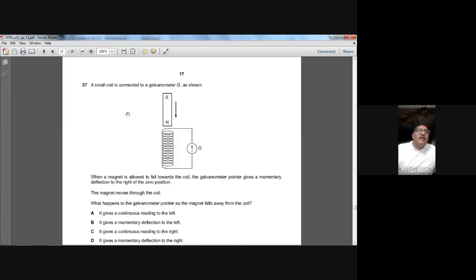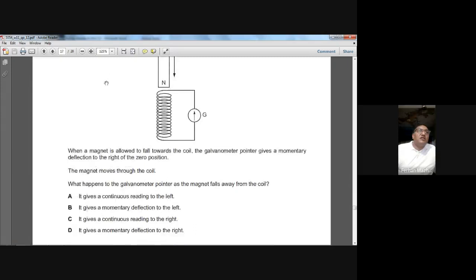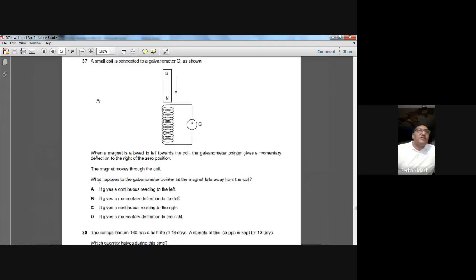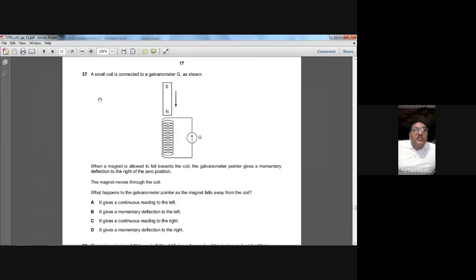Okay, on your screen we have question number 37. A small coil is connected to a galvanometer G as shown. When a magnet is allowed to fall towards the coil, the galvanometer pointer gives a momentary deflection to the right of the zero position. The magnet moves through the coil. What happens to the galvanometer pointer as the magnet falls away from the coil? So when the magnet will pass through this coil and then it will move away from the coil,